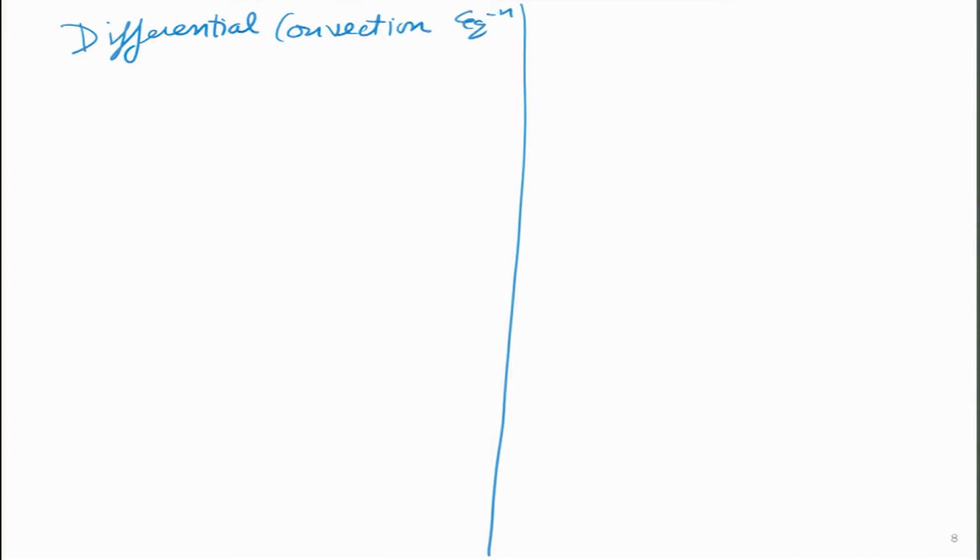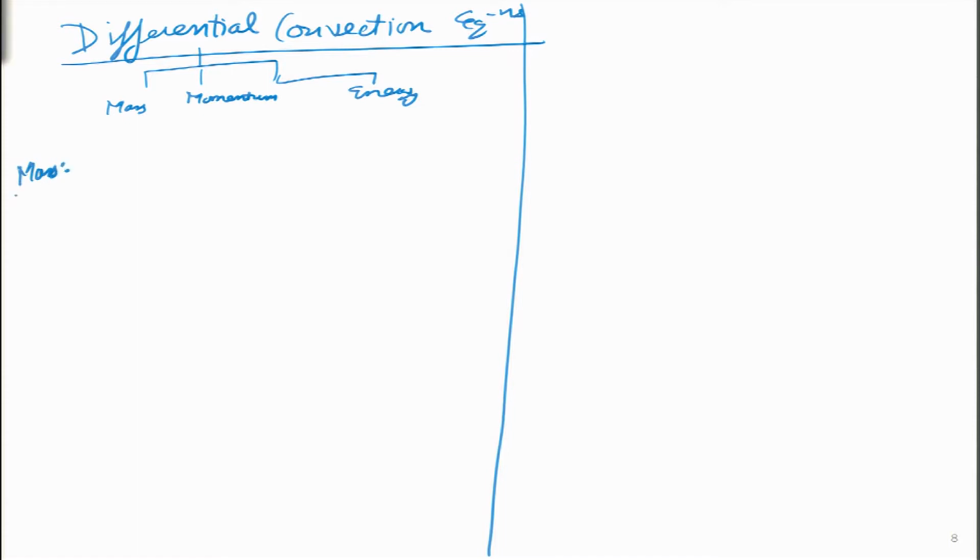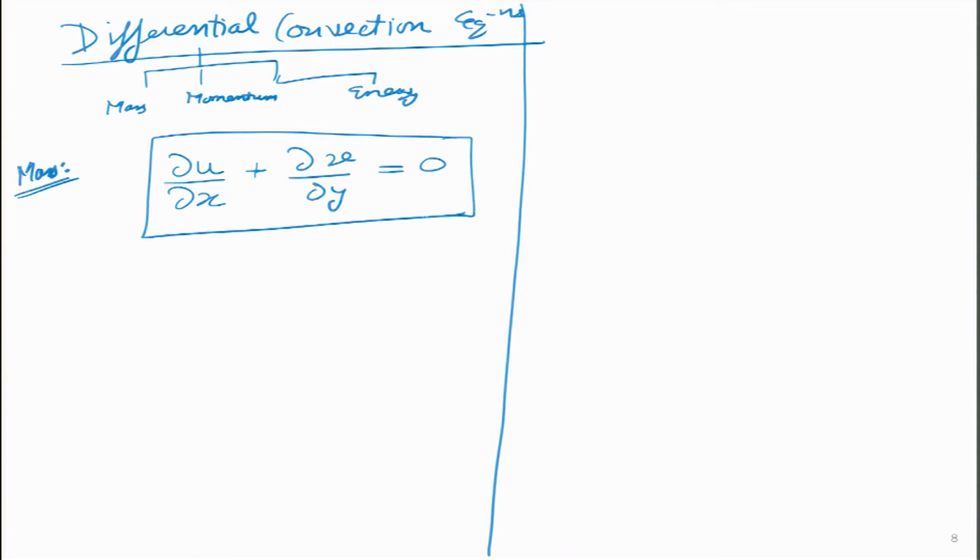So, we will look at differential convection equations, and these are essentially going to be conservation of mass, momentum, and the energy balance equation. I am going to assume that some background students are having in this particular area, so I will not go into too much detail, rather I will start with the results that I will show over here. In a two-dimensional form, the differential analysis gives this kind of result for the continuity equation or conservation of mass.